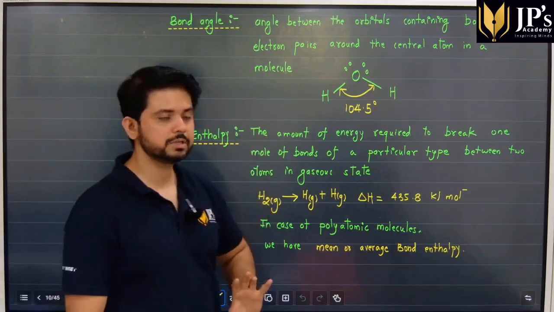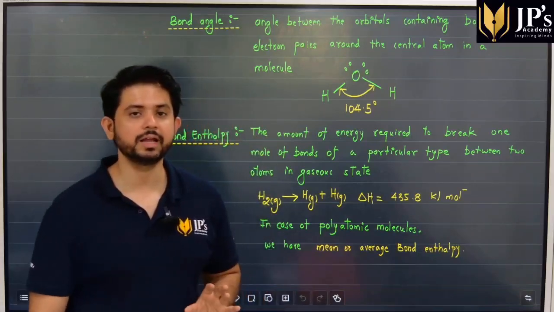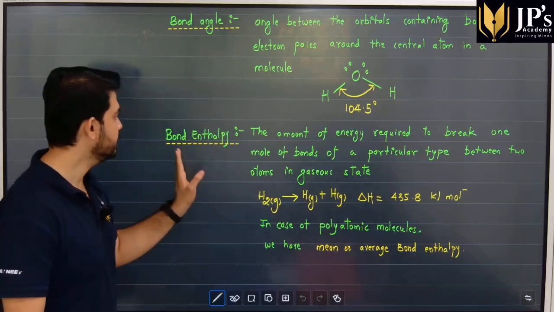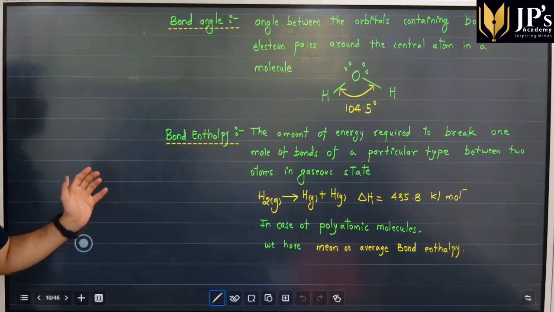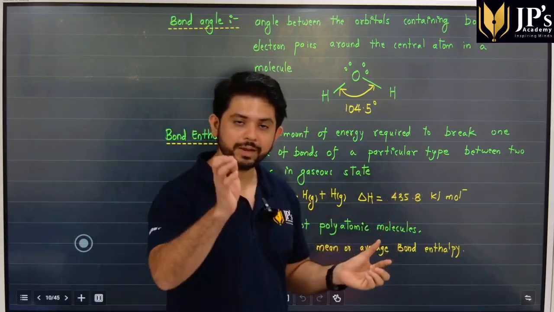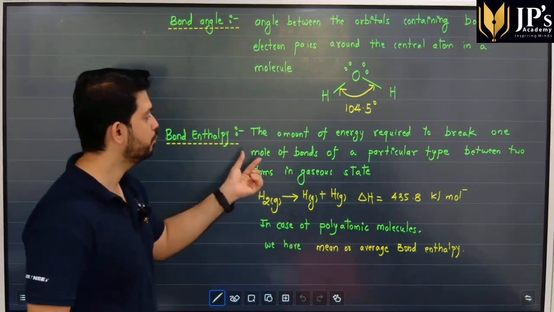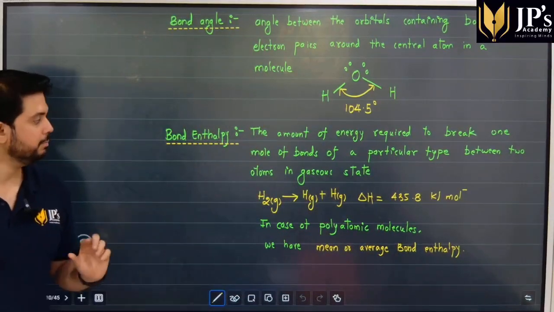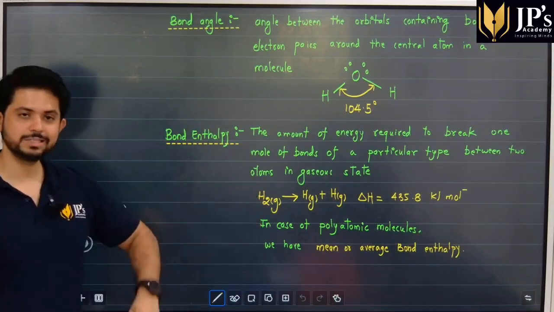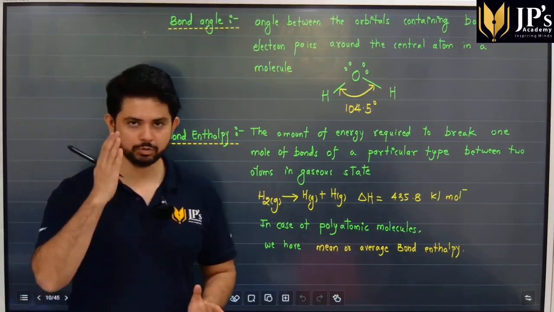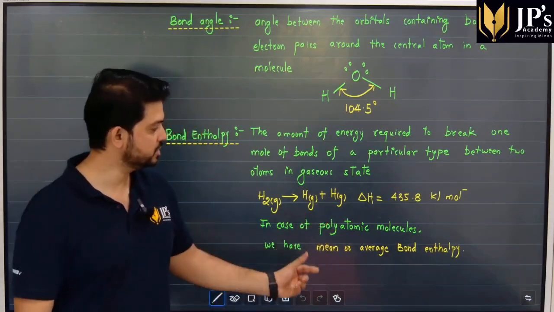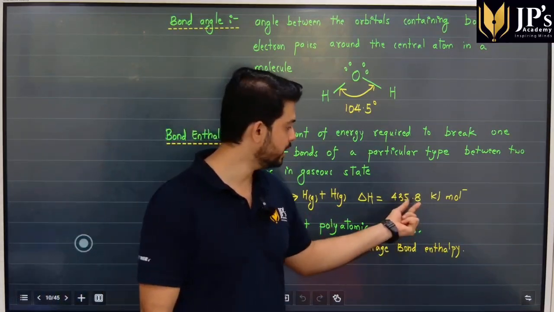एक example students हमने लिखा है यहाँ पे H2O, the bond angle in H2O is 104.5 degrees. Next students, we have bond enthalpy. Bond enthalpy means it is the amount of energy required to break 1 mole of bonds of a particular type between two atoms in gaseous state. For example, students, H2 diatomic molecule, let's say if I break the bond between H and H, the amount of energy that I need to supply to do that is around